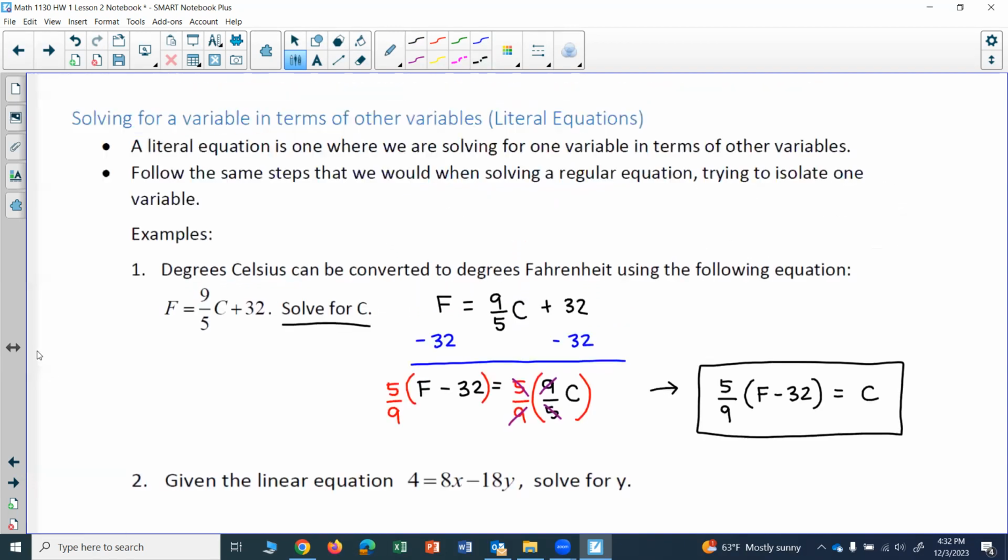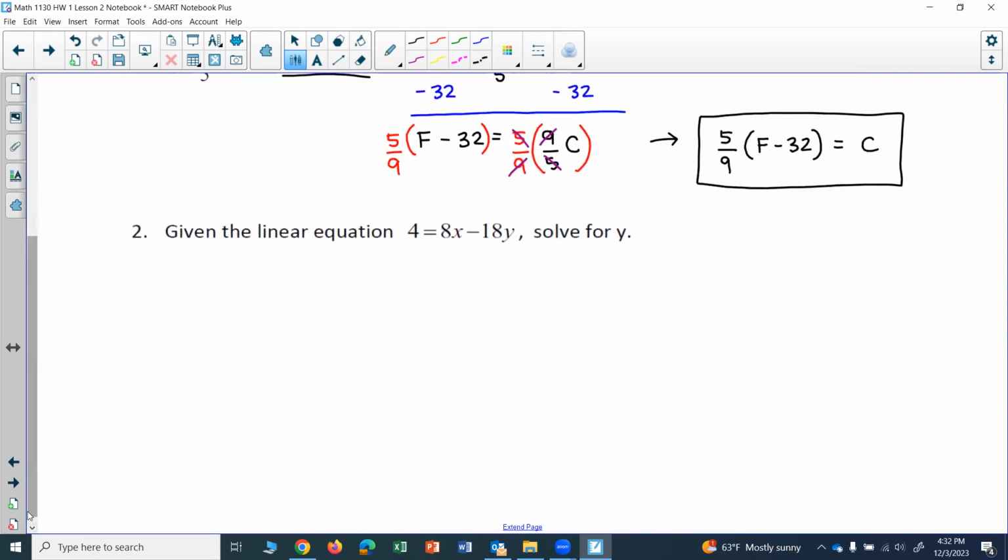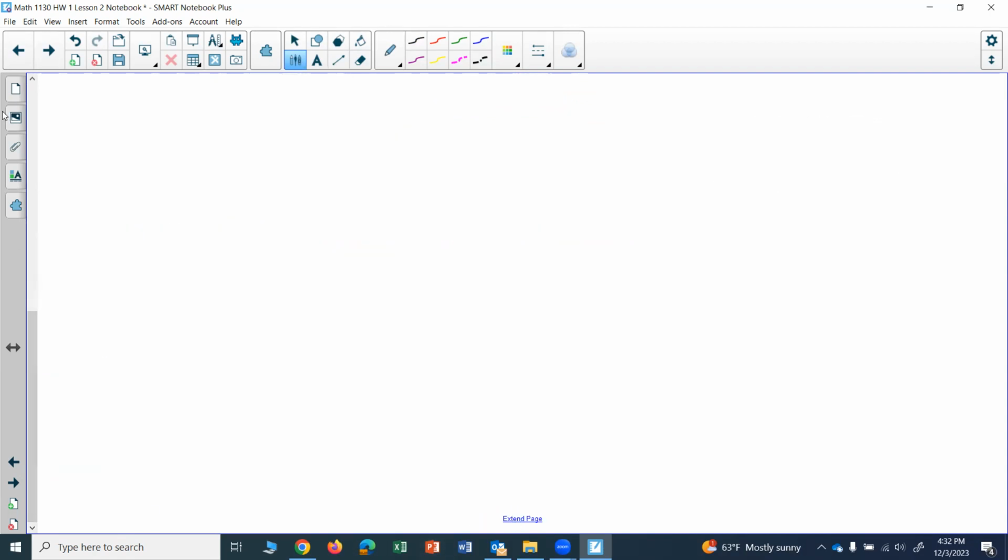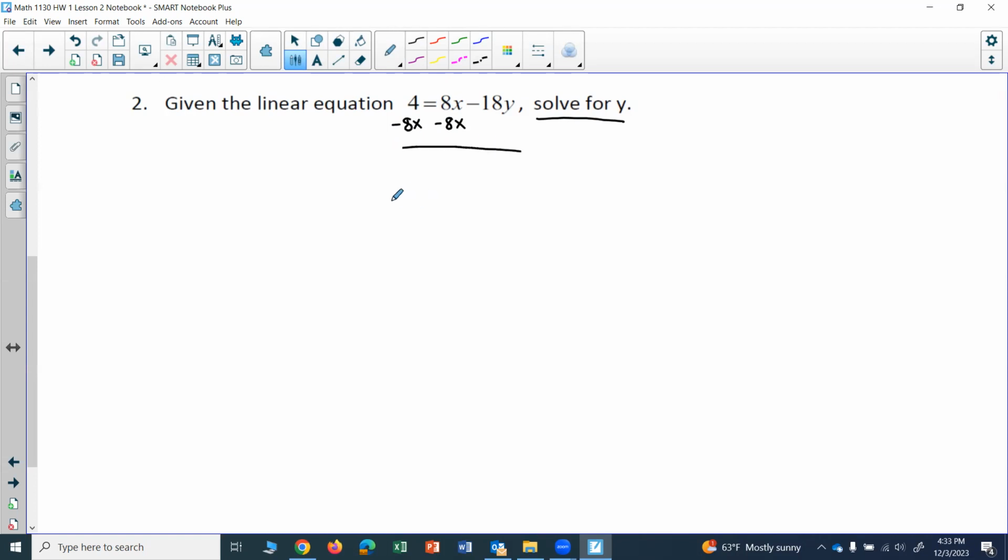Let's look at one more example. So here I have a linear equation. I have 4 equals 8x minus 18y. And I want to solve for y. So what I'll do, I'll start by subtracting 8x from both sides, both sides of the equal sign. So I have 4 minus 8x